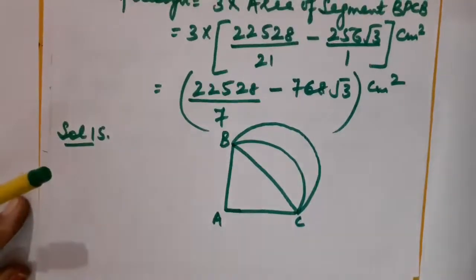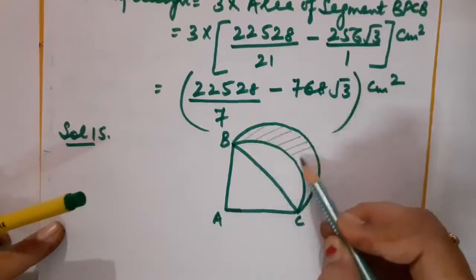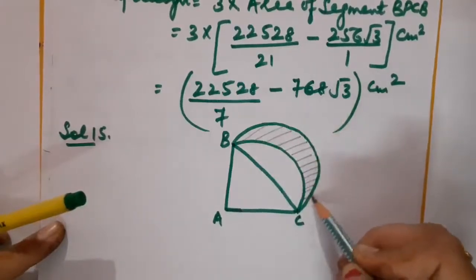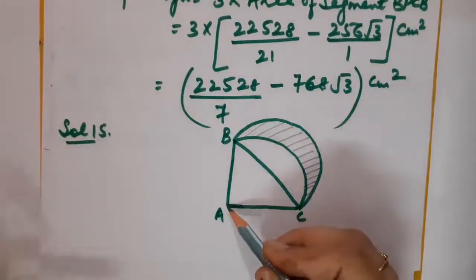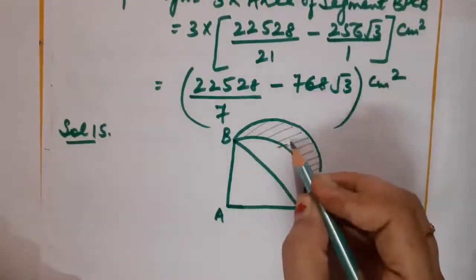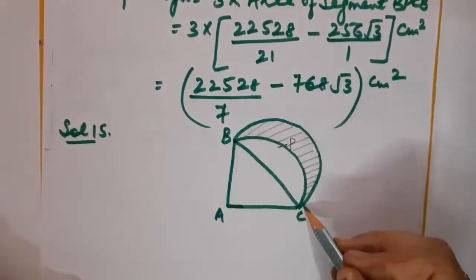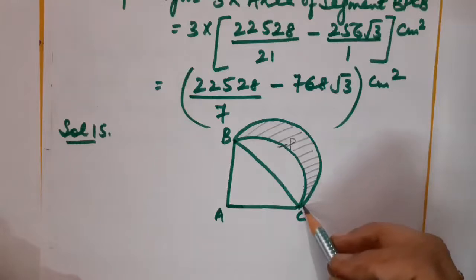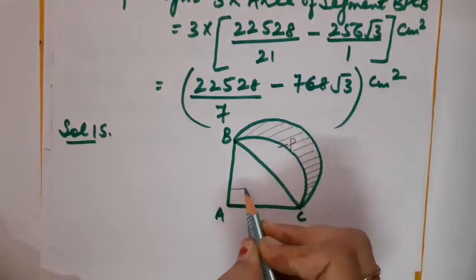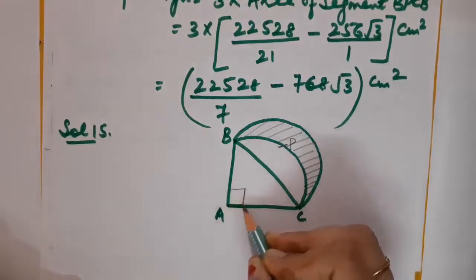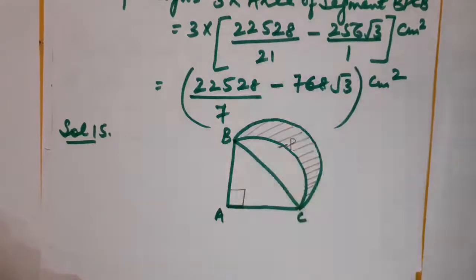So children, where is the shaded region in the given figure? This part is shaded, which I am going to do. Children, you can call this A, B, and here you can give the name P. A, B, P, C. You can call it a quadrant also, or a sector also. But as it is said, it is a quadrant, so definitely a 90-degree angle will be formed.